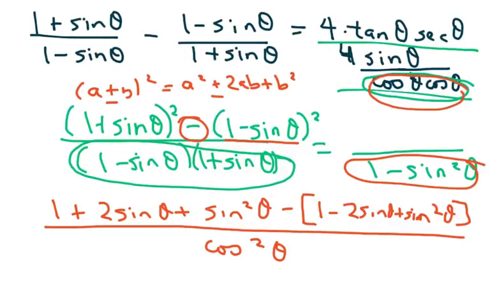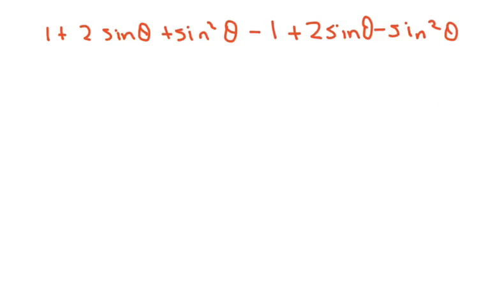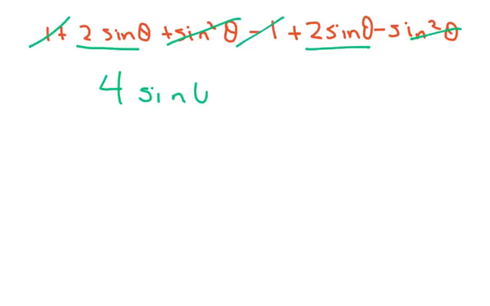All I did was distribute this negative here to those three places. And let's just clean this up. The 1's cancel, the sine squareds cancel, and we have 2 sines here and 2 here. That's 4 sines all over cosine squared of theta, which gives you